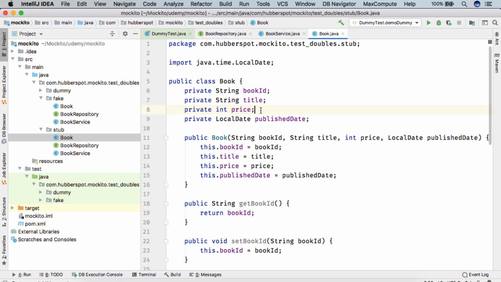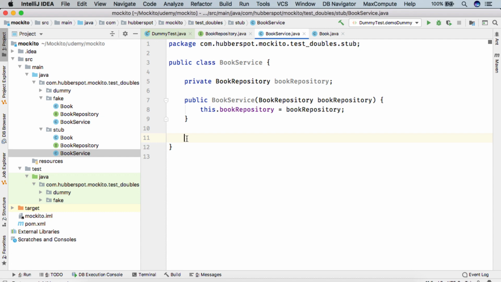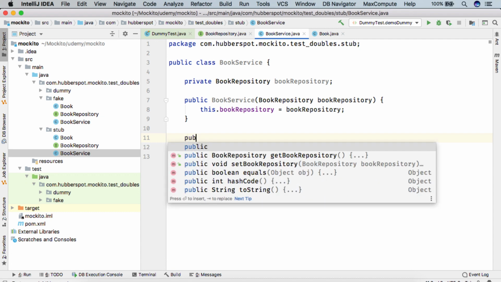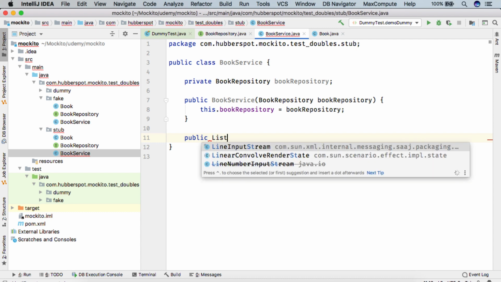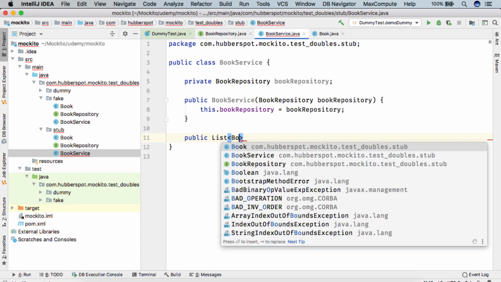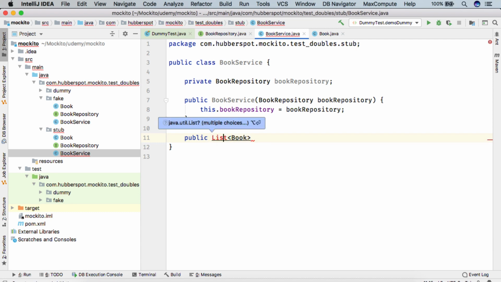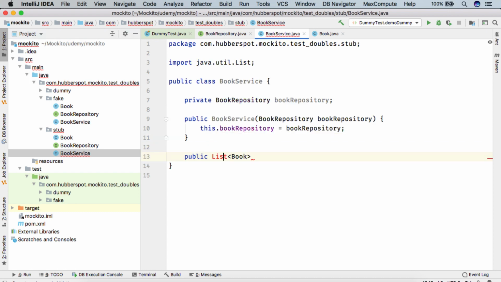It can be 10%, 20%, anything. To implement this functionality, let's create one public method which returns the list of books after applying the discount, and let's name the method getNewBooksWithAppliedDiscount.